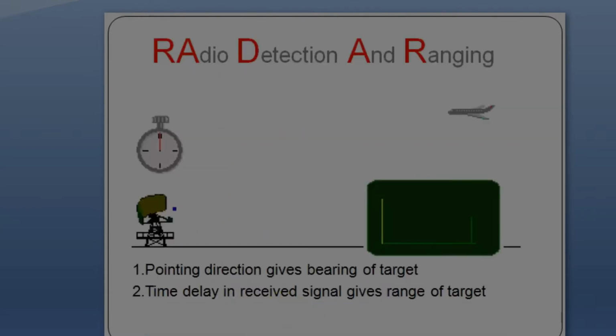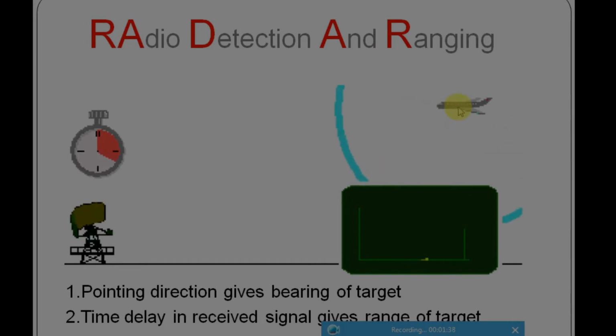As we know, radar means radio detection and ranging. This is the full form of radar. As you see in this picture, here is the transmitting antenna, and some target is there. When it is sending a transmitted pulse, the echo will come back to the radar. So there are two pulses, transmitting time and receiving time. With the help of this time, the radar is calculating the range distance.